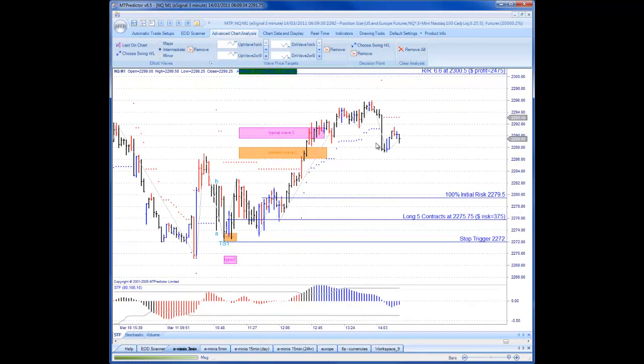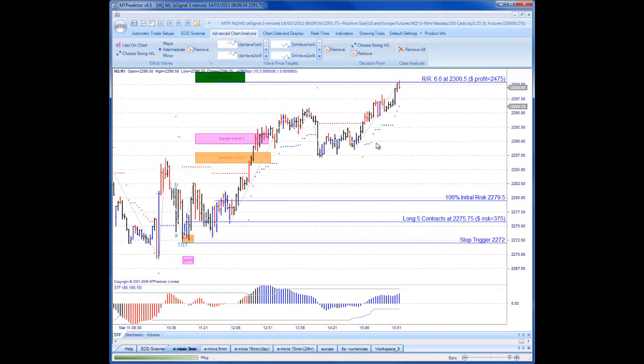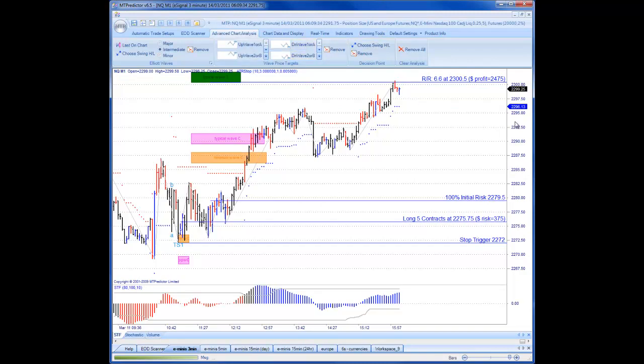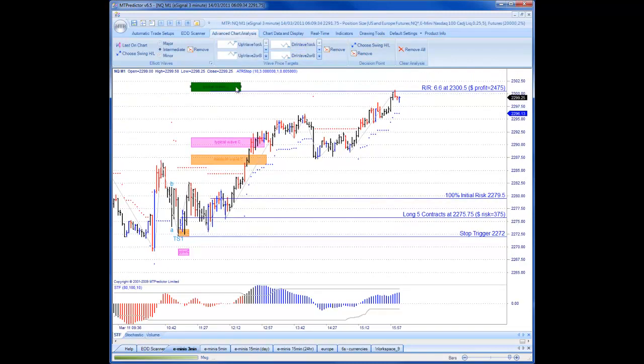I'll just zoom in a bit, and lo and behold, towards the end of the day, look what happened. Market went up and absolutely just clipped that typical wave 3 WPT just before the close, and as such you could have actually put in a lovely 6.6R profit into your trading account. But the point being is, this was yet another example of our Holy Grail setup where we have